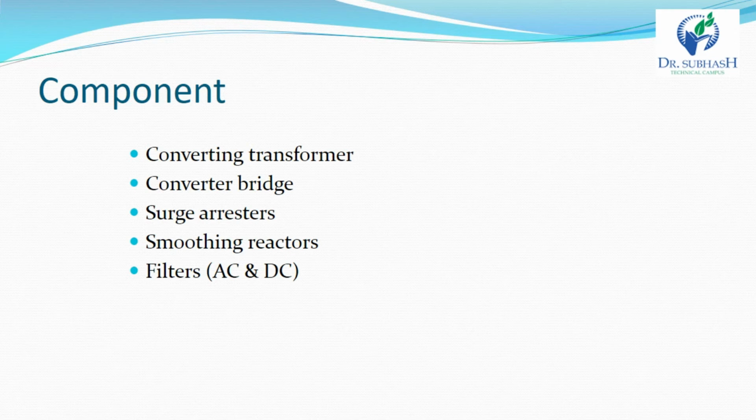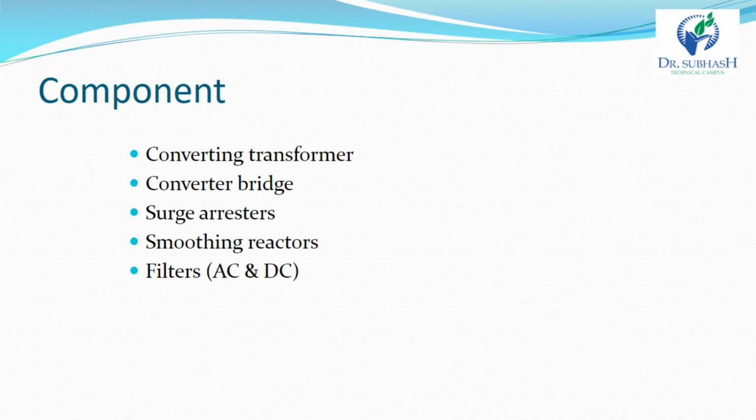So we have to minimize harmonics, and for that purpose we use AC and DC filters, and also a high frequency filter. First we see the AC filter. AC filters are RLC circuits connected between phase and earth, and they offer low impedance to harmonic frequencies. Thus the AC harmonic currents are passed to earth, and the AC harmonic filter also provides reactive power required for the operation of the converter.